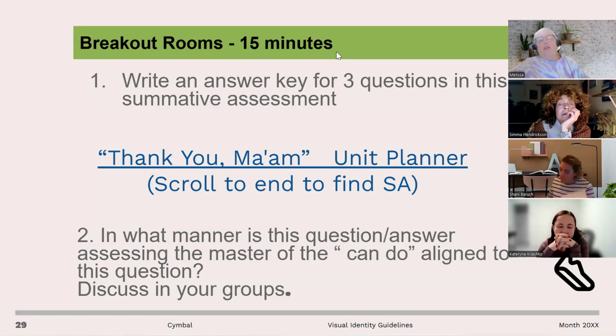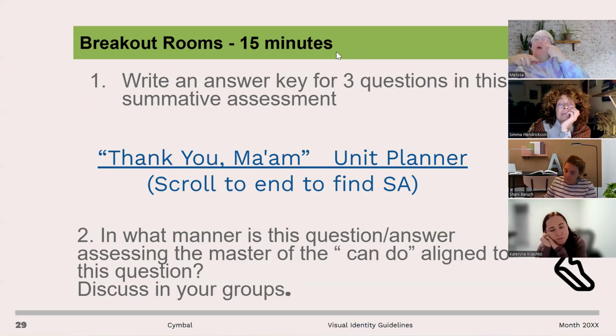And then my next question is, in what manner is this question and answer assessing the can do? You'll see for each question on the summative assessment, there's the can do, and then there's the question. I want you to look and see, does it match?